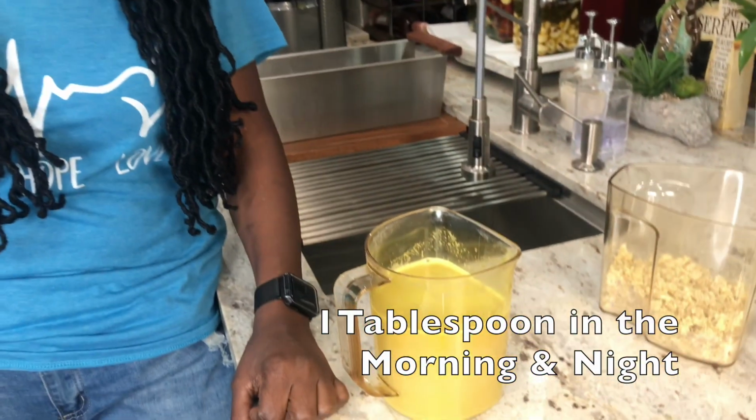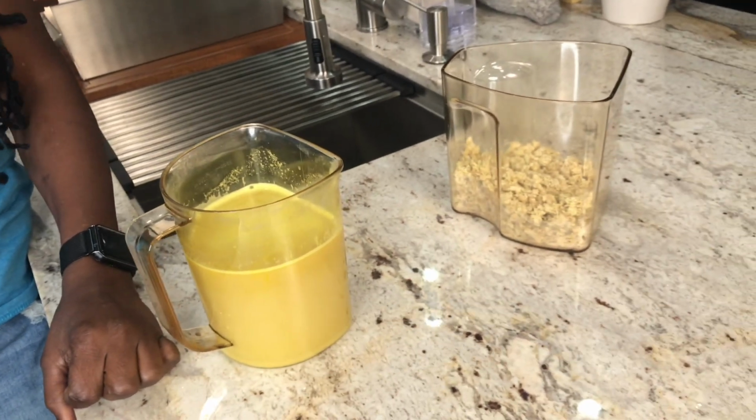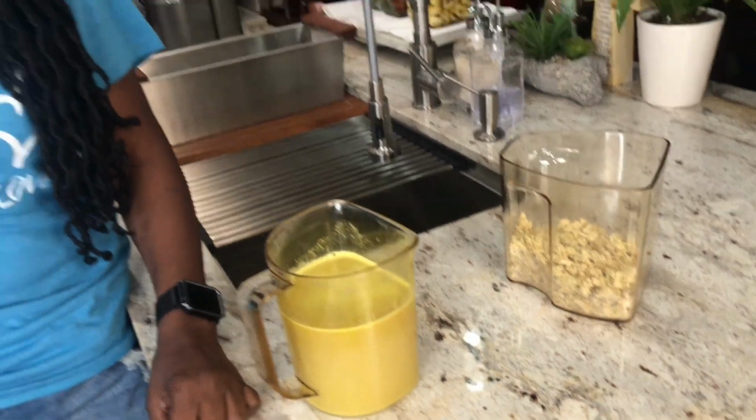Here's what I do when I am drinking my ginger juice. I drink it straight up, 2 tablespoons, one in the morning and one at night before I go to my bed. If this is too strong for you, what you can do is just add it to a small amount of juice, and then that will take away a little bit of the potency,